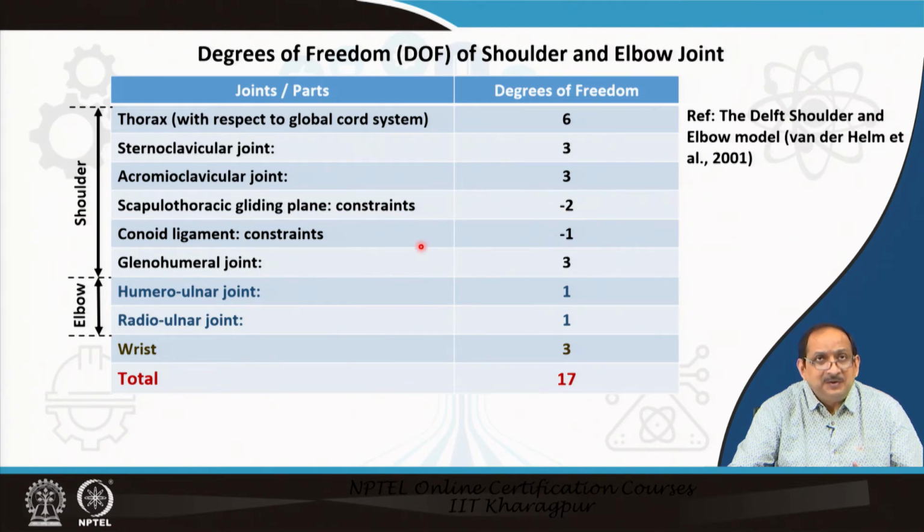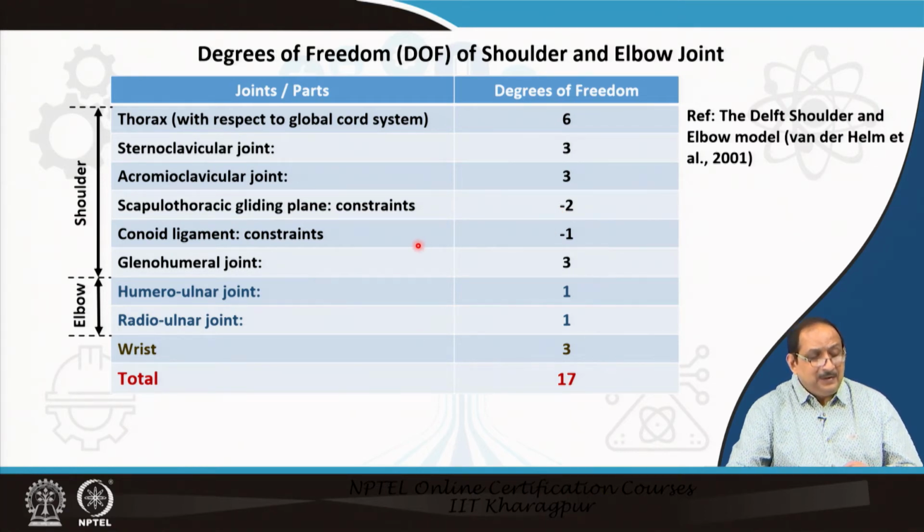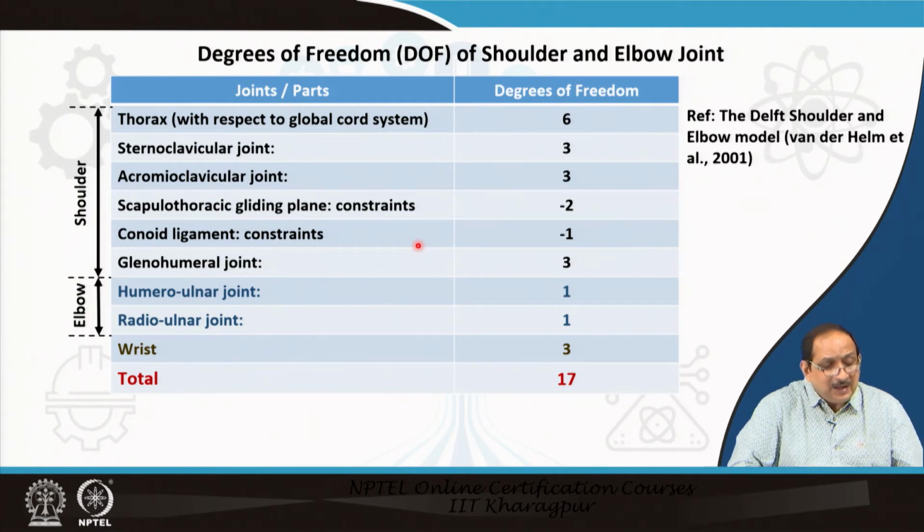An additional constraint is applied by the assumption that the conoid ligament is rigid. So, an additional degree of freedom is constrained, leading to -1, due to the assumption that the conoid ligament is rigid. Now, this is mostly the shoulder complex with its degrees of freedom listed